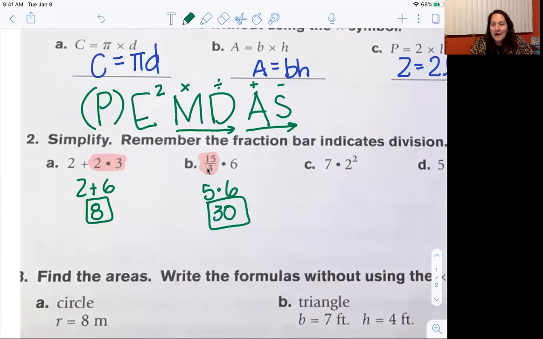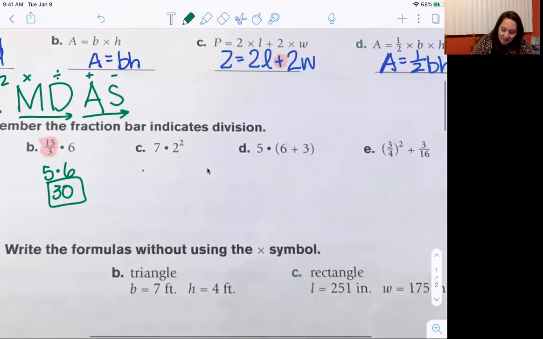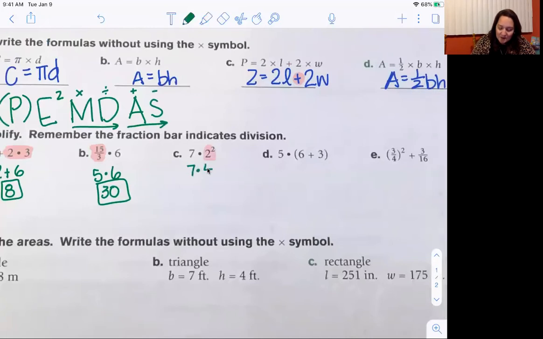If you feel up to it, pause and come back to do C, D, and E. Okay, let's go to C. We have 7 times 2 squared. Now, let me get that PEMDAS in there. I have a times, but I have an exponent. Which one comes first? The exponent comes first. Good, so 2 squared is 4, because 2 times 2 is 4, and